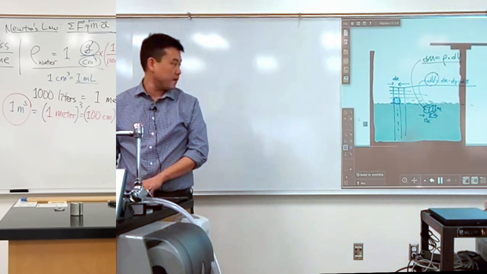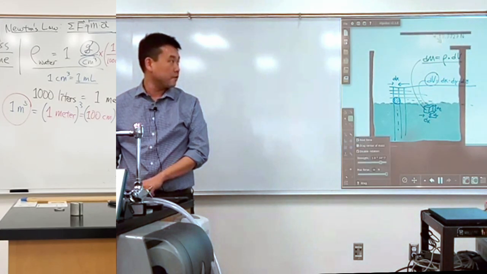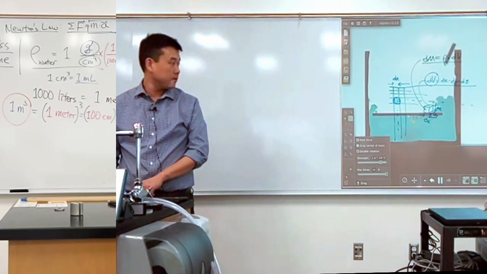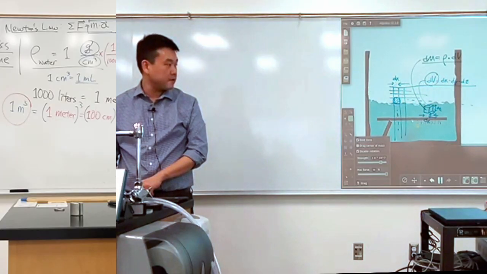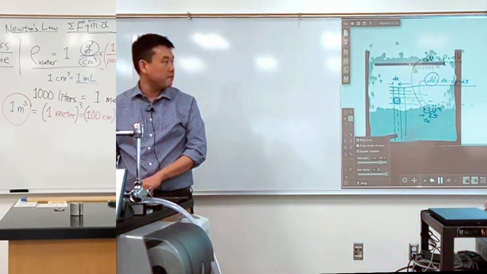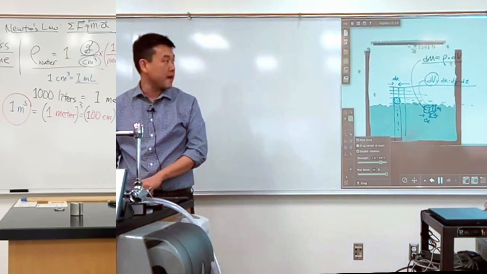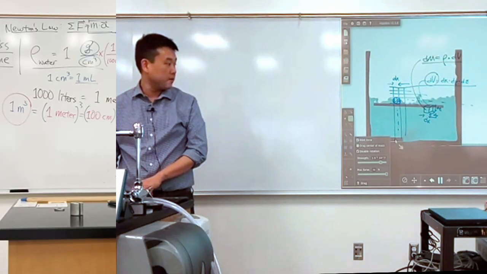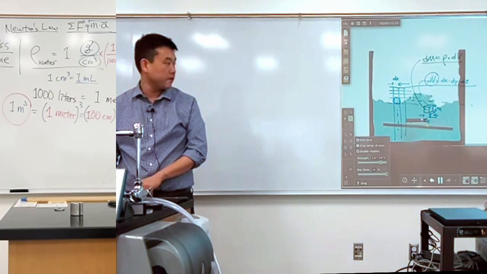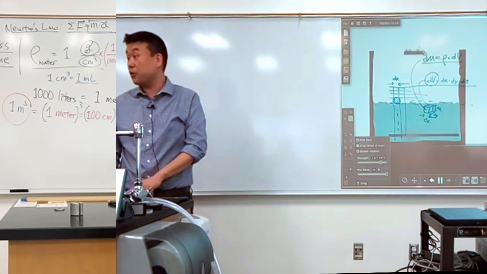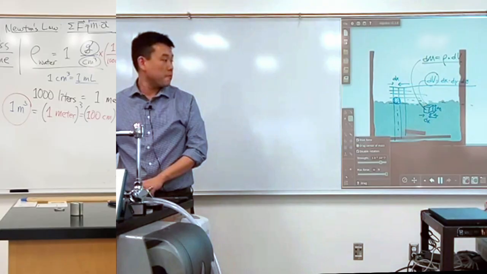Okay, so if you are lifting a bigger amount of water, then as I lift this up, because I'm lifting a bigger amount of water, the force I have to exert is bigger than if I lift this smaller piece, lifting the smaller amount of water. Then the amount of force I have to exert to lift this amount of water is smaller, right? So